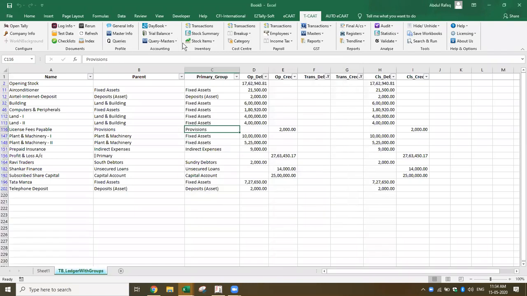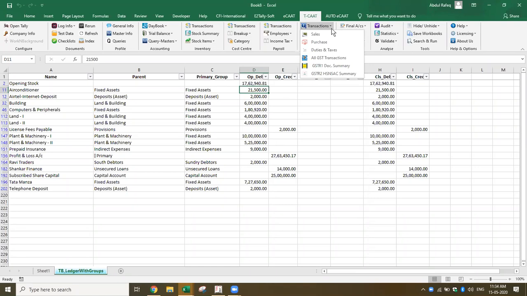Now, not only the accounting transactions, you also have inventory transactions. You can extract all the inventory transactions and the master reports. Similarly, if there are cost centers, you can extract all the cost center reports. If they are using payroll, you can extract the payroll report. If the company is using GST, you can extract all the transactions pertaining to GST, for example sales, purchases, duties, taxes, all GST transactions, and the GSTR Doc 1 summary. You can get all this type of information. You can also get masters, GST rates, and party GST.